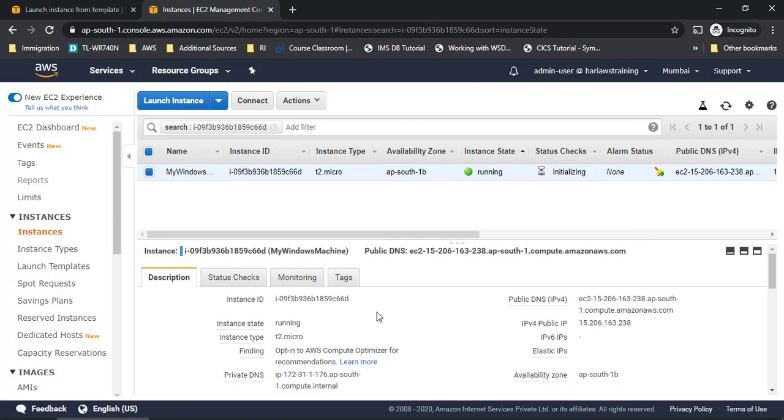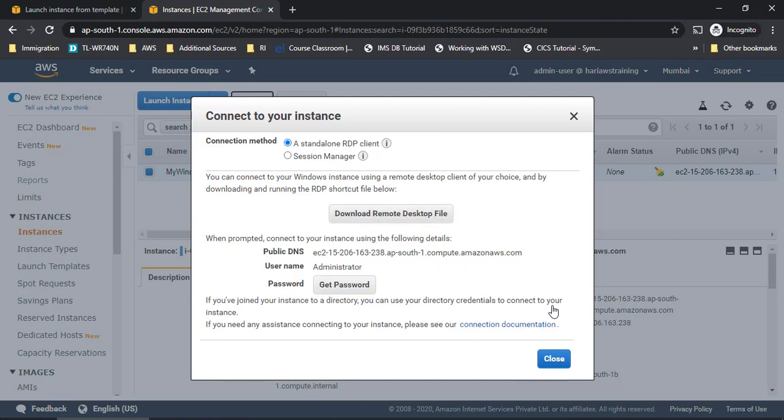Now to connect to any EC2 instance, what we do is go into connect and see what options we have here. When I connected to an Ubuntu machine, I got different options like how to SSH into it, what the username is, how it looks, right? That way we got it. Ubuntu at IP address is the username which we used for Ubuntu, and the password we used was the key pair.